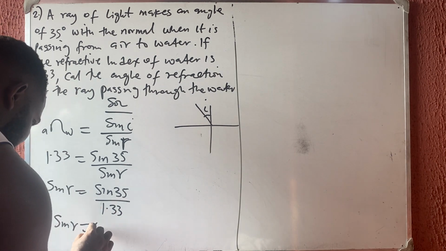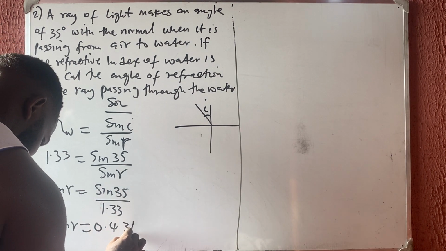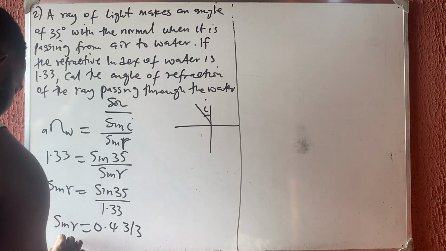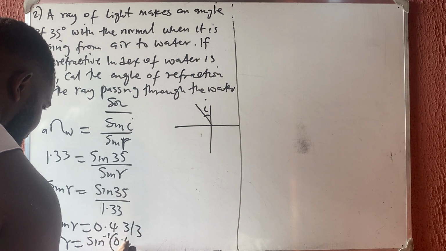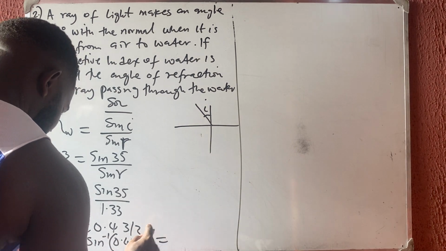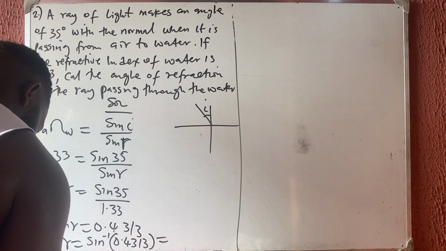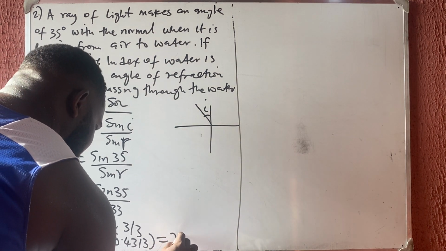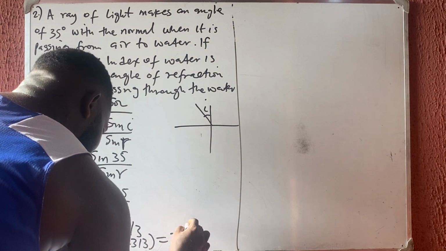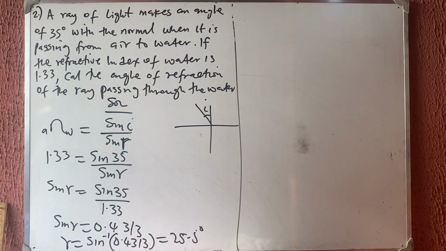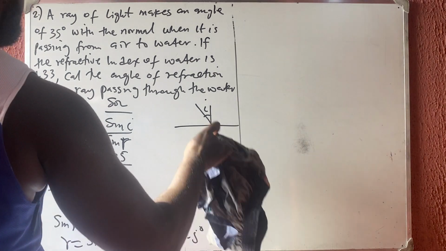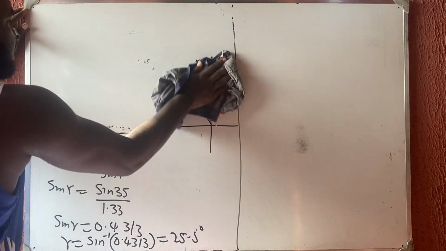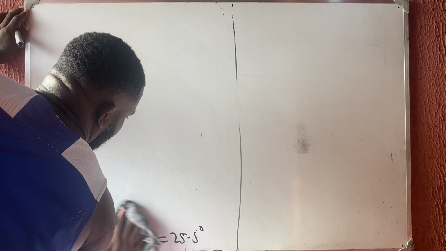So I have 0.4313. So therefore, my R becomes the sine inverse of that 0.4313, which is equal to shift sine answer. So I have 25.5 degrees. 25.5 degrees. Very, very simple. Approximately 26 degrees. So we move to the next question. Question number 3. We do start from the easier questions to more difficult questions. So question number 3